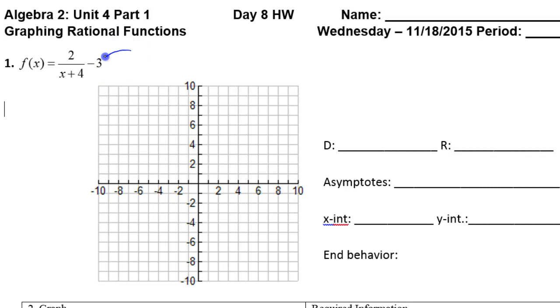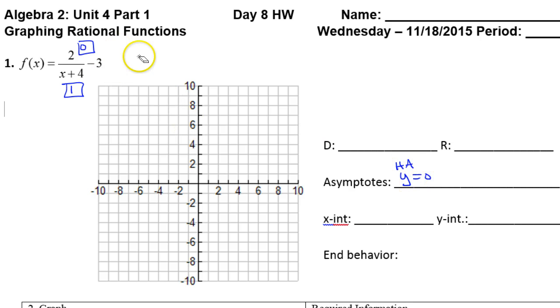Alright, this is one of those ones that has an extra number on the end. So just understand that if there was no number on the end, in terms of the horizontal asymptote, the top degree here is 0 because there are no x's. The bottom degree is 1. We've learned that when the numerator degree is less than the denominator, that means that the horizontal asymptote is y equals 0. Alright, so that's a horizontal asymptote. So that would be the x-axis, would be an asymptote. However,